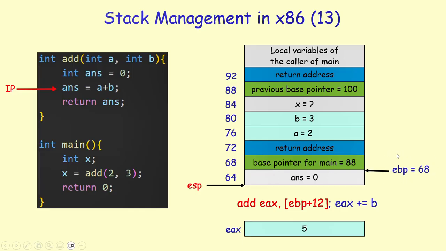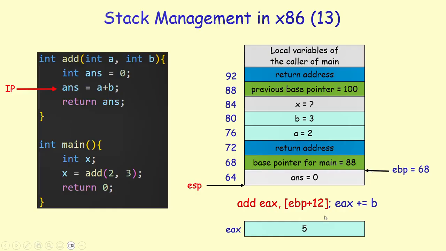So EBP plays a very crucial role in accessing the local variables and the parameters of a function. In different architectures, you would see the same register appearing, like in MIPS. This is called the frame pointer. Here in x86, it's called the base pointer. But every architecture must have a register similar to EBP or frame pointer that points to the beginning of the call frame of the currently executing function, because the architecture uses that frame pointer register as an anchor to refer to the parameters of the function and also to the local variables of the function.